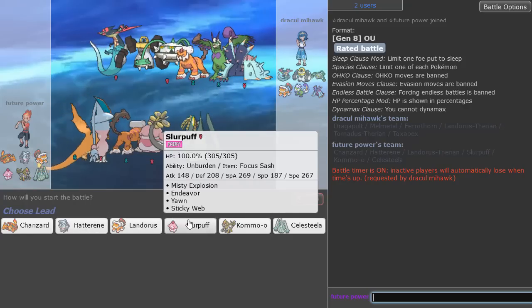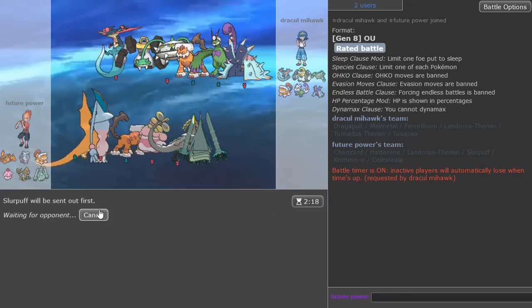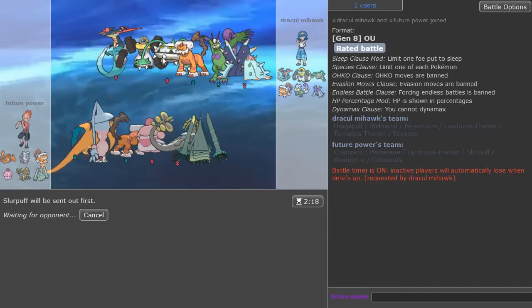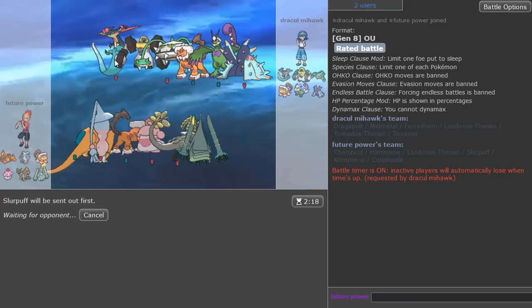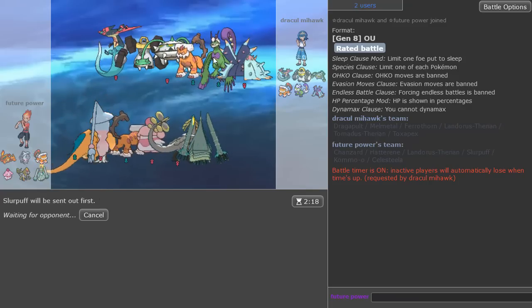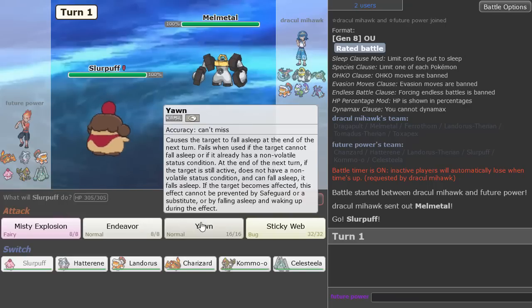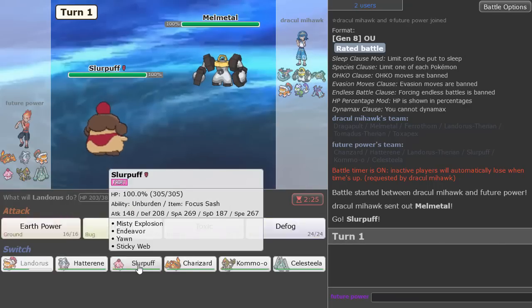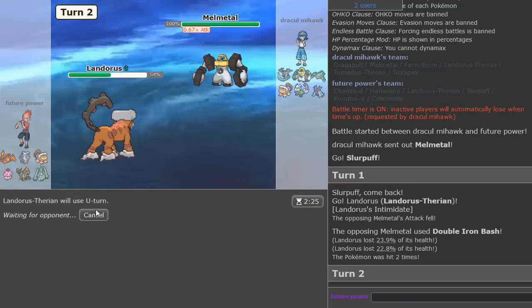So okay, what we do first, right, is we click Slurpuff here. If we can just slow things down, especially if this Dragapult is not Clear Body, we slow things down, we'll be able to put in so much work with Charizard. The only other fast thing that could be the problem is Torn. So what we do first is we just, I think, go Landorus here. Oh, he's Protective Pads. Okay, good to know. Okay, so I'm gonna U-turn out